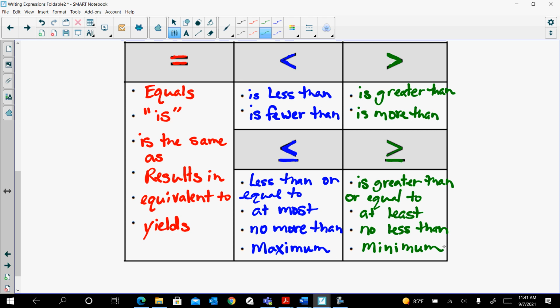All right, so let's finish up some operation words, and then we need some special type of indicators: parentheses and what we call turnaround words. So make sure you have these phrases and these words that go with this symbol, because you're going to read them and then you're going to translate them into the symbol. All right, so on the right side,